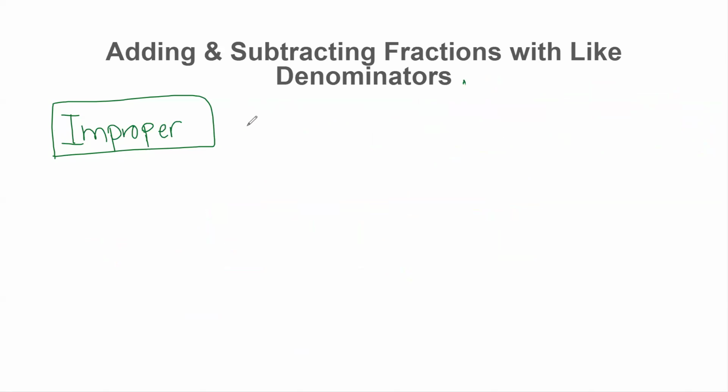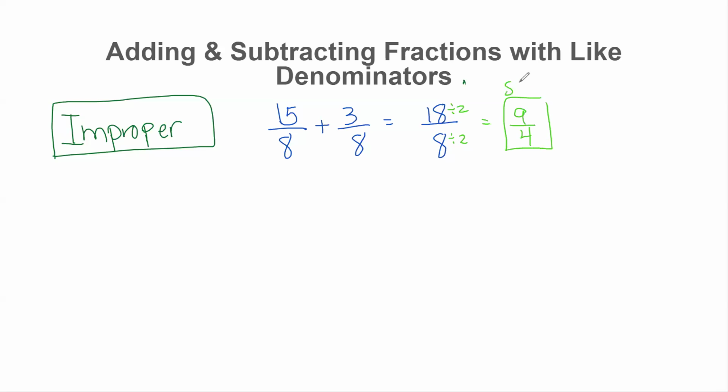Let's do 15/8 plus 3/8. So they do have common denominator. We're going to keep the 8, and adding across the top, 15 plus 3 is 18. Now that is right, but I think we can reduce or simplify. If you divide by 2, you would get 9/4. And that would be the simplified